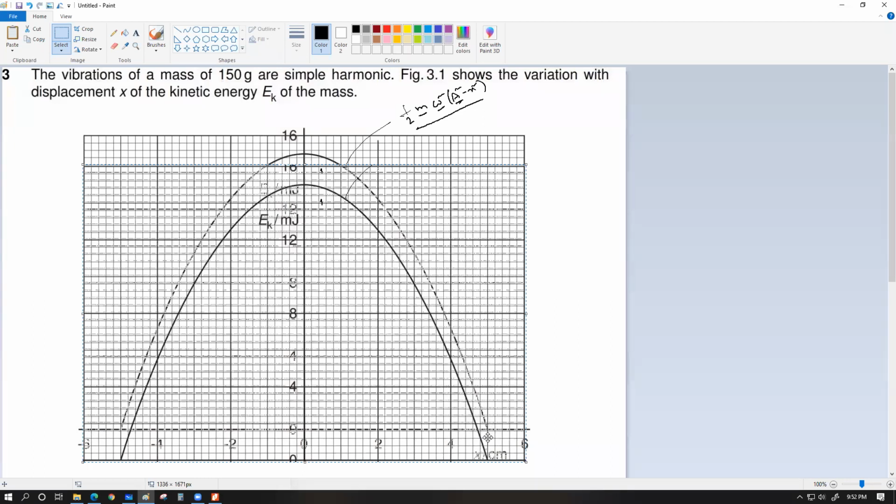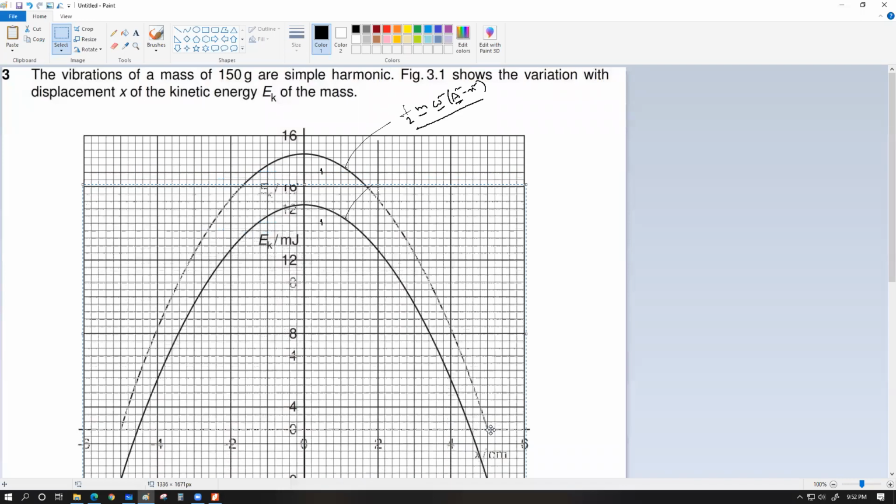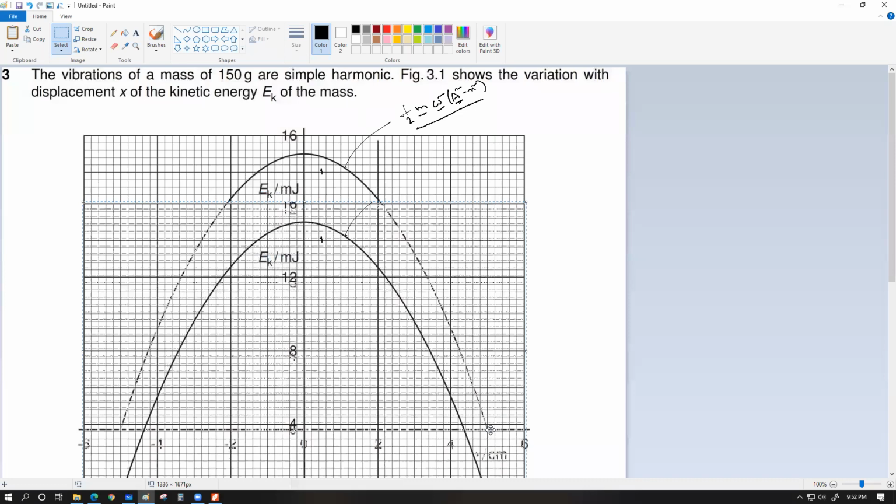You can see that initial distortion was up to this much, from here all the way up to the 5 centimeter mark. But now the new graph, which is the lower one, is cutting at a bit smaller length than the 5 centimeter mark. This is your 5 centimeter mark. I cannot actually choose to draw here, because in that case I cannot pull it down any further. If we do pull it even further, this should become even more visible to you.